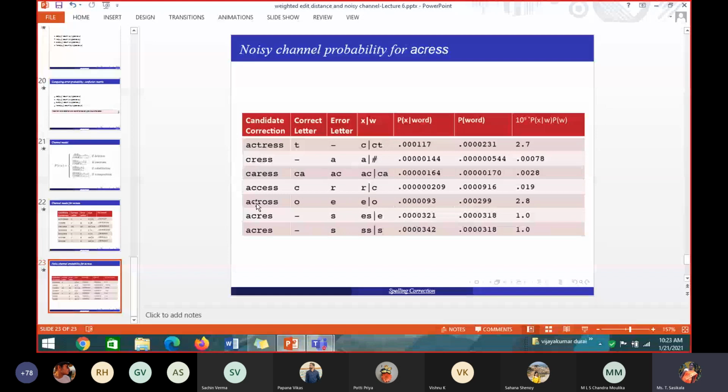So for this error word, I have to find the correct word among all the possible candidate sets. Whichever candidate set you are taking, based on your data set you have to find out what the possible candidate words will be based on spellings and pronunciations, and you can do that.